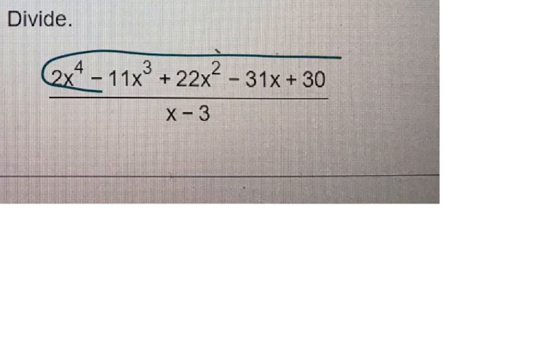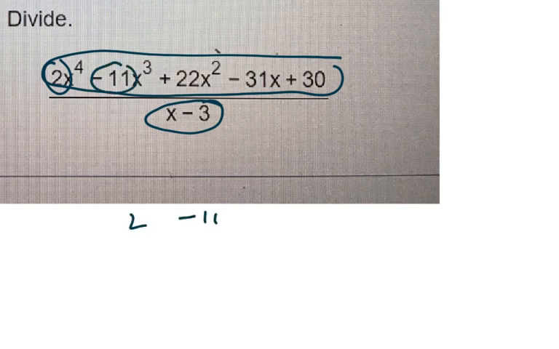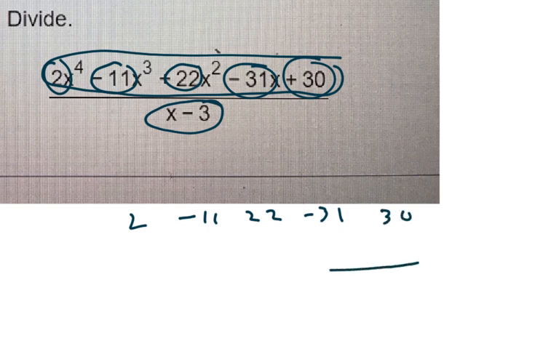Notice we have this polynomial here, and we're dividing it by x minus 3, because remember, in algebra, fractions mean divide. Now, for most of you, I recommend you use a synthetic method. What does that mean? I'm just going to take the numbers in front, the 2, the minus 11, the 22, the minus 31, and a 30. And I'm going to leave a little gap underneath, put my little hockey stick, as I like to call it